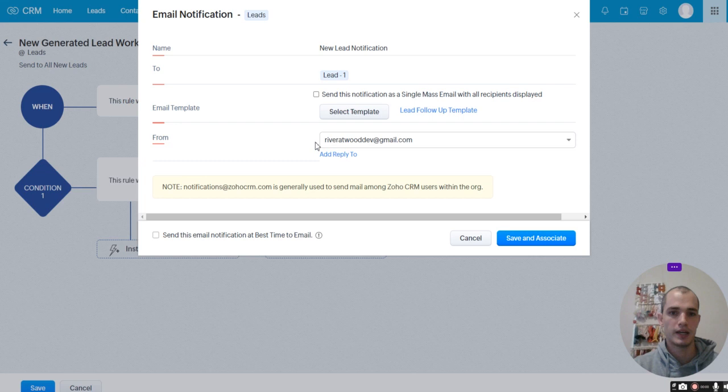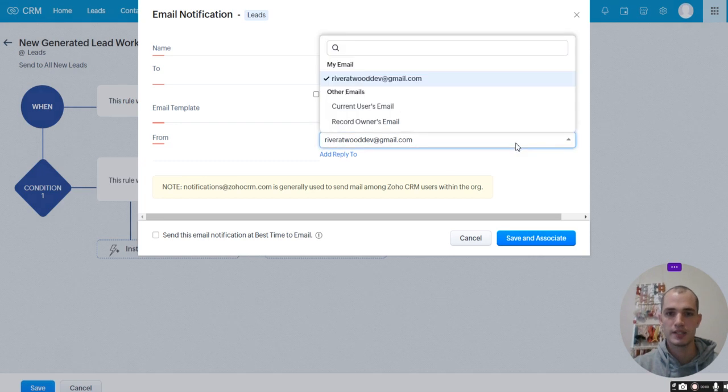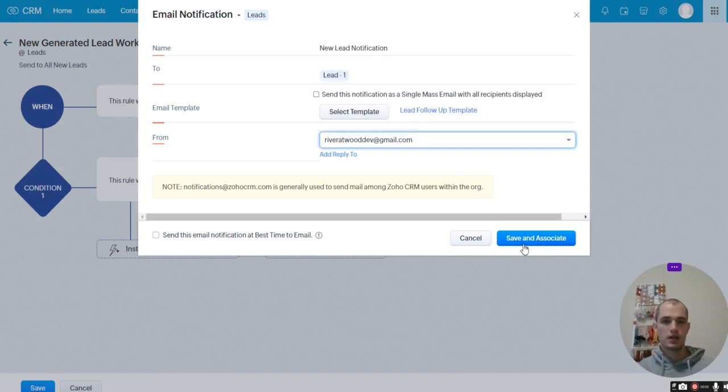As lead follow-up template, I have the email. You could select who you want it sent from. So say you wanted whoever's managing that lead to show up, it comes from that email. You could also have a company email. But say you want it to show up whoever's managing that lead. So you could create a workflow that will update the lead owner to whoever's going to be managing that lead, and then you can associate it from your record owner's email. Okay, but for now I'm just going to keep it as mine, save and associate,